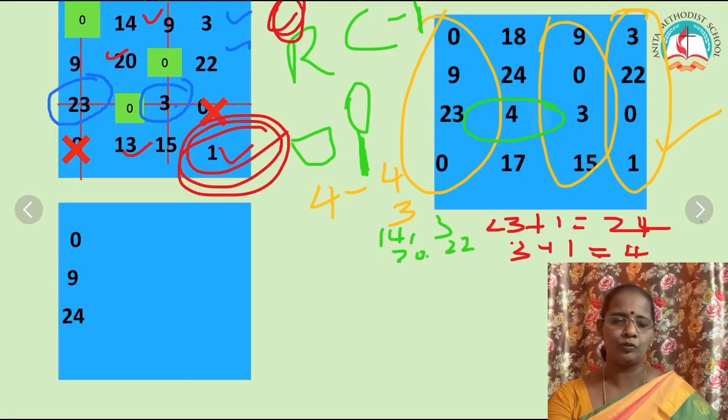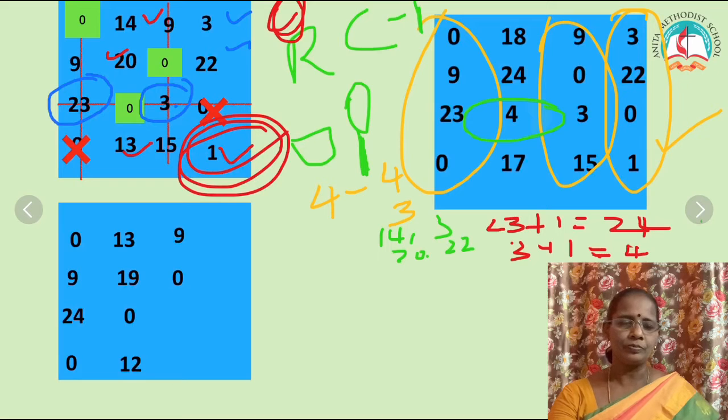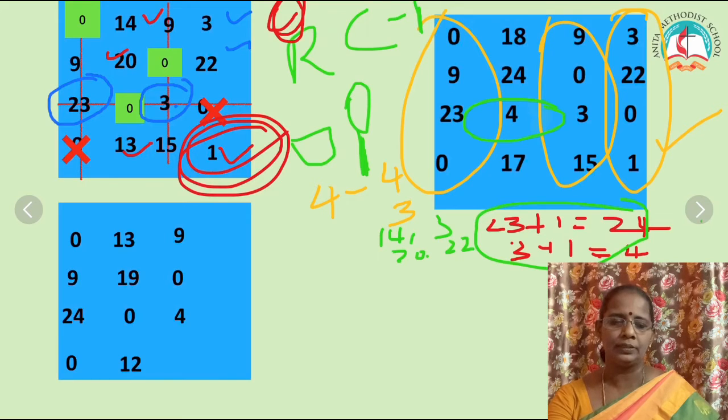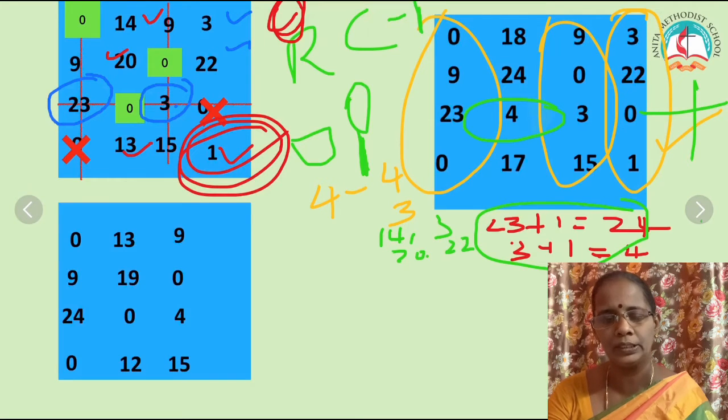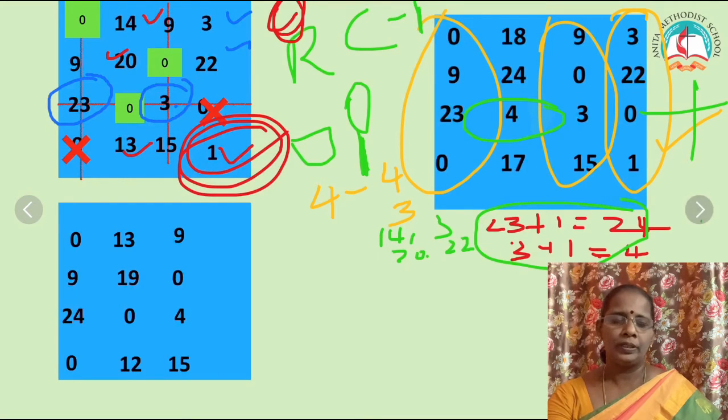23 plus 1 is 24 and 0. Now 14 minus 1 is 13, 20 minus 1 is 19, 0 as it is, 13 minus 1 is 12, and then 9 you write as it is because it passes through one line, 0 as it is, 3 plus 1 is 4, 3 plus 1 is 4, because it passes through 2 lines. 15 write as it is because it passed through a line. Then 3 minus 1 is 2, 22 minus 1 is 21, 0 as it is because it is crossed by a line, and then 1 minus 1